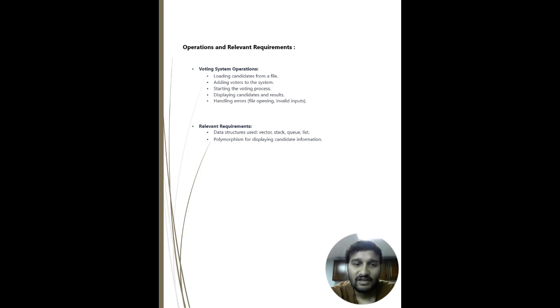We have used error handling. The program should handle errors gracefully, such as file opening issues or invalid candidate indices during voting. We have used a binary search tree in this. We use this to sort candidates by their names for displaying the names of the candidates. For output formatting, the program presents information in a readable and organized manner to users, making it easy to understand